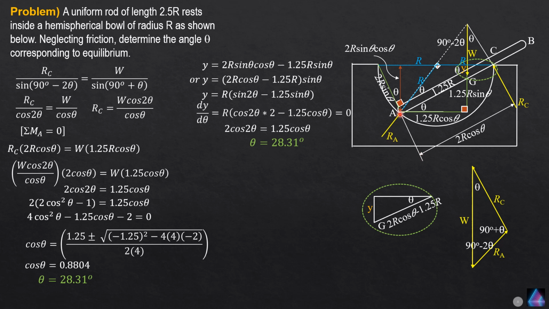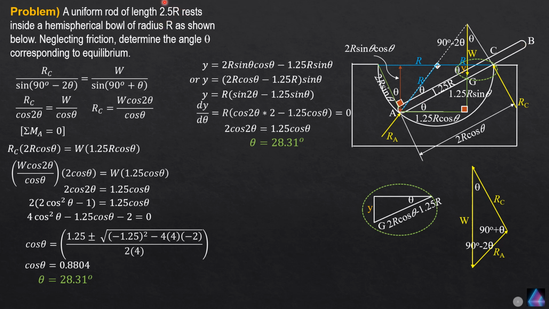So for RA, this is the radial line because the contact surfaces are frictionless or smooth. So RA will pass through the center of this hemispherical ball, which is circular in section also, and when extended, it will meet with the line of action of the weight. The weight, of course, because the bar is uniform, is acting at G, where G is the midpoint or the center of this bar.